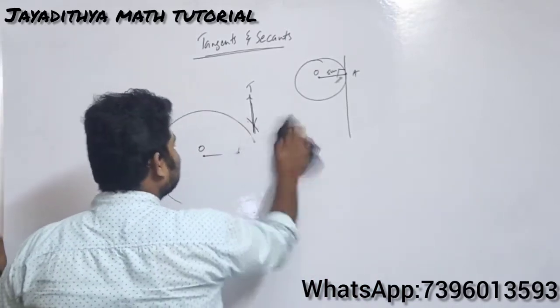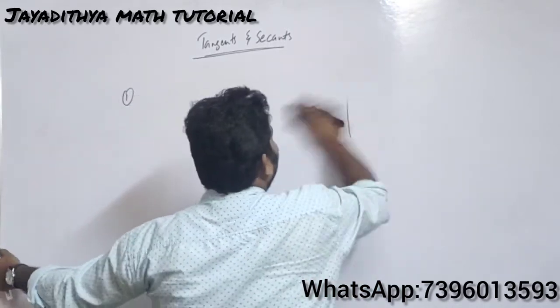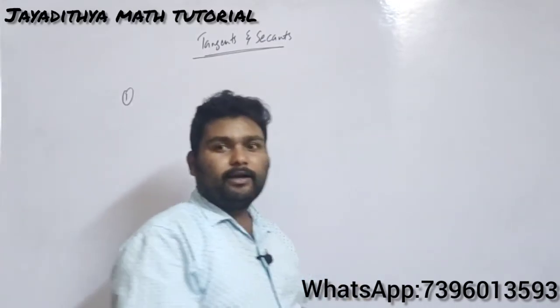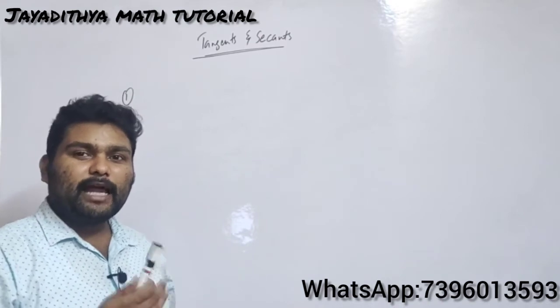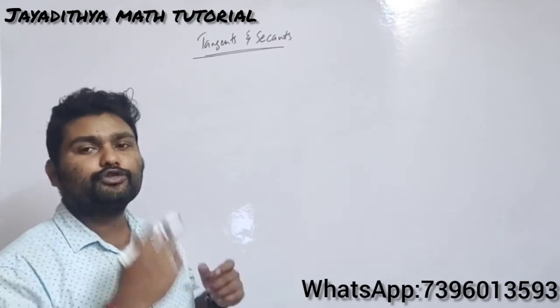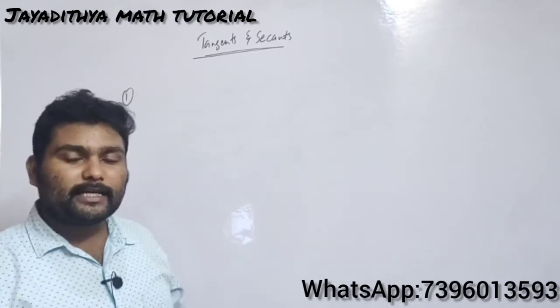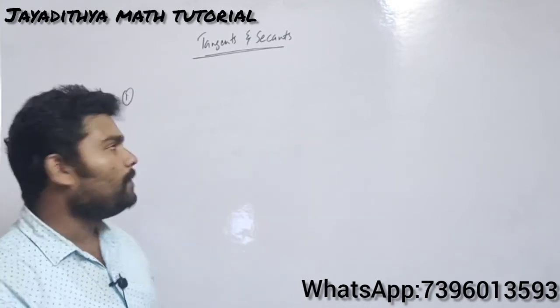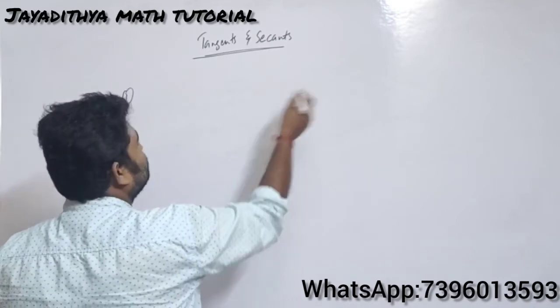That is, when the distance and radius is given, you need to draw the pair of tangents from external point. When the distance between center and external point is given, and also the radius of the circle is given, you should draw the pair of tangents from external point. Here you can draw pair of tangents. I told you from the external point you can draw 2 tangents. So how will be the rough figure?